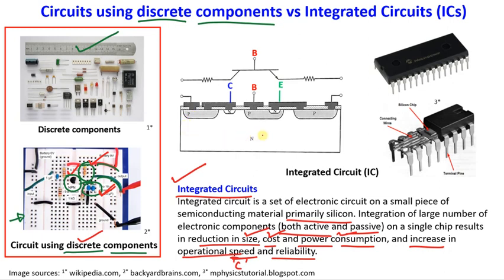To demonstrate quickly what an integrated circuit actually is, you can see it here. This is a semiconductor, which is actually an n-type silicon. Here you can see three terminals for a device. One is C, B, E. Remember what this device is? We discussed this, right? It is a BJT, a bipolar junction transistor. This bipolar junction transistor is made on this silicon material itself.